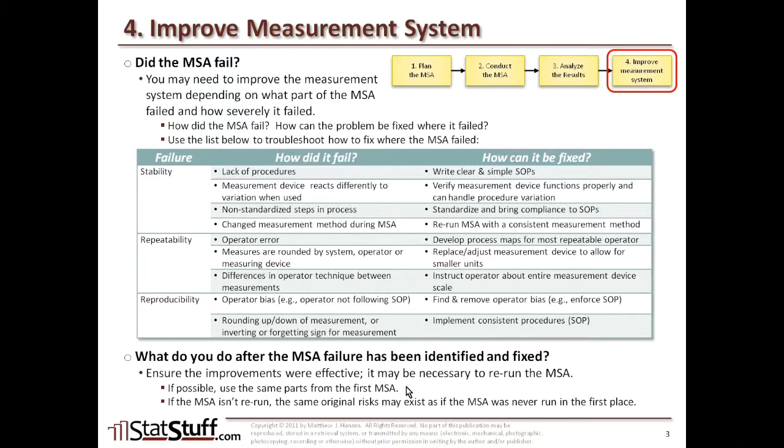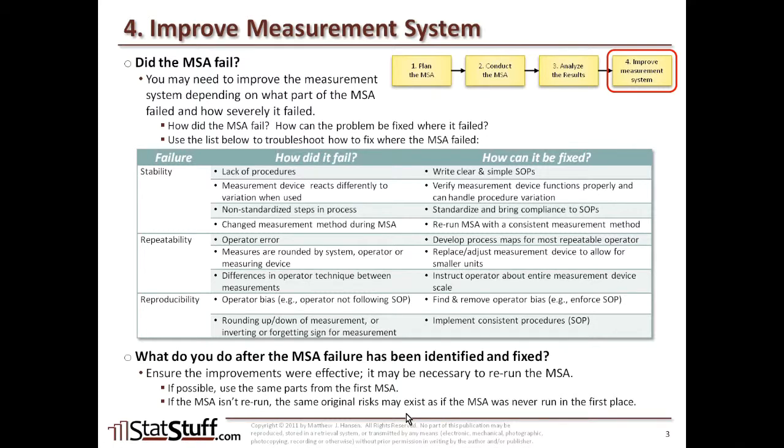If the MSA isn't rerun, then you might be encountering the same original risks that you had when you first ran the MSA, as if it weren't run in the first place. So you can skip the MSA, but again, we might want to go back and reassess the possible risks if you skipped rerunning the MSA, because you want to be confident that these improvements and changes that you're making to the measurement system are really the right improvements, and are they really giving you a measurement system with data that you can really trust. Because if they're not, then you're back at square one with getting data that you can't trust,